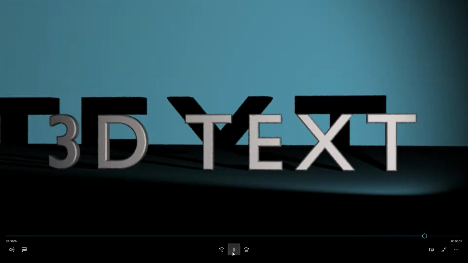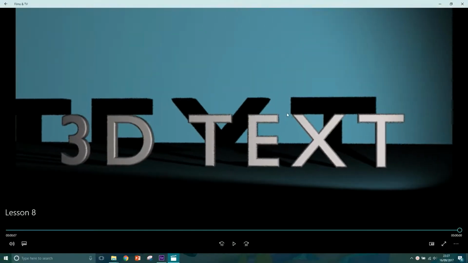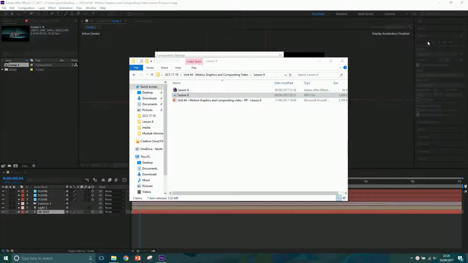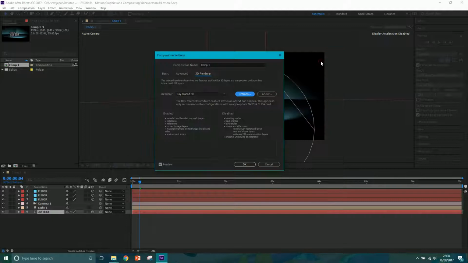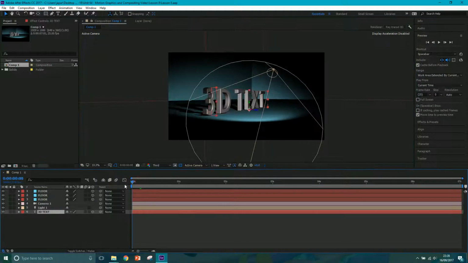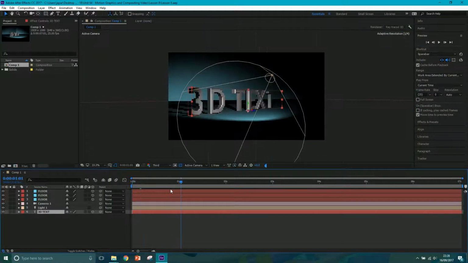Now, from my render, what you will be able to notice is the edges of the shadows and the 3D text are quite fuzzy. And this is something to do with anti-aliasing, which is a thing I'll go into in greater detail a separate time, but I'll show you inside After Effects how to actually modify that. Now, first of all, this is what we're working with,